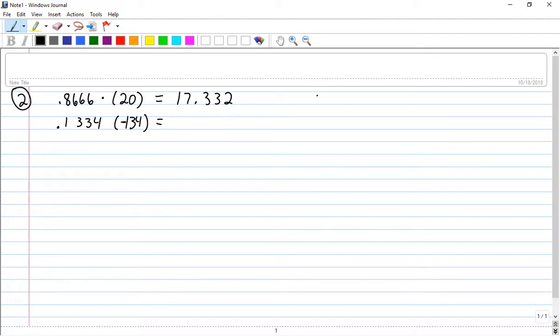17.332. And then this is the probability of it not happening and how much you would have to pay in. When you multiply those two, you get negative 17.8756. Okay? And so to find expected value, that's equal to the sum of those two. So if we take the sum of these two values, we're going to get negative